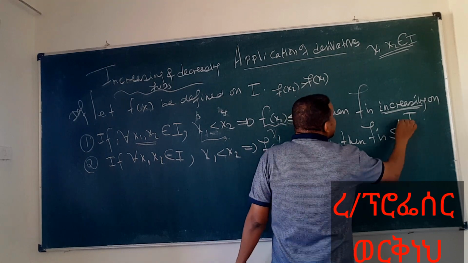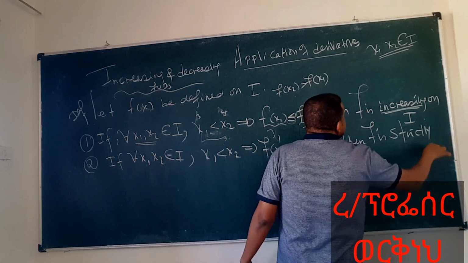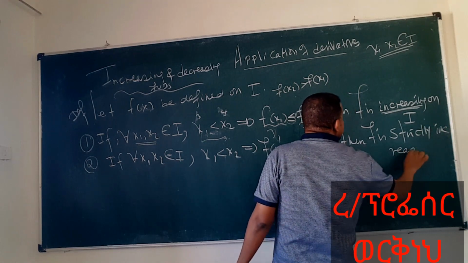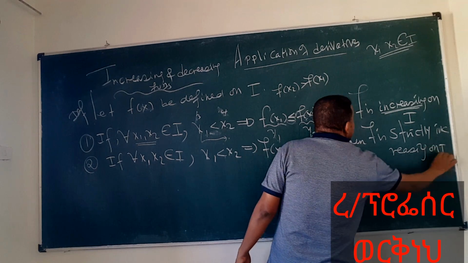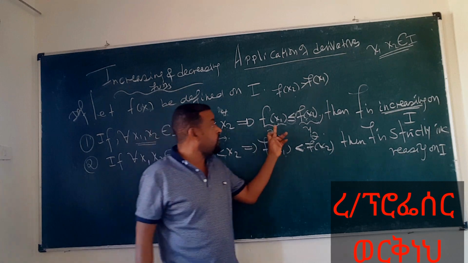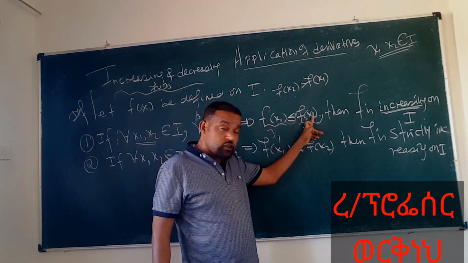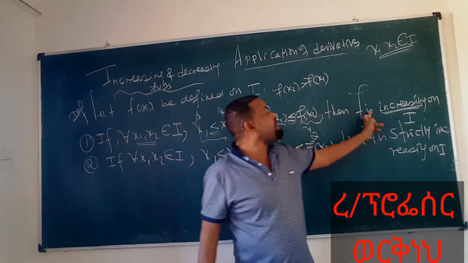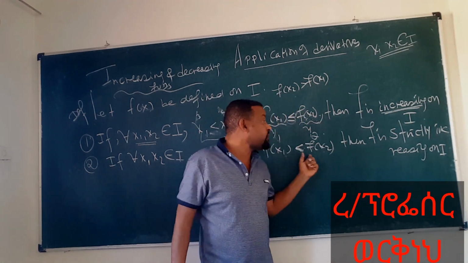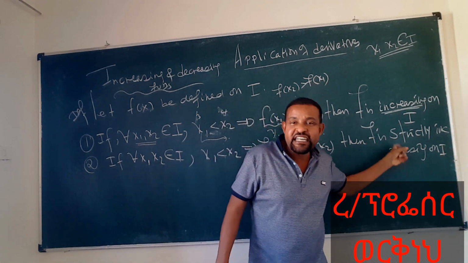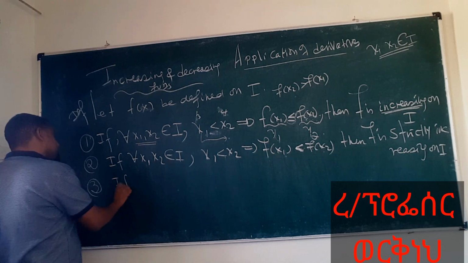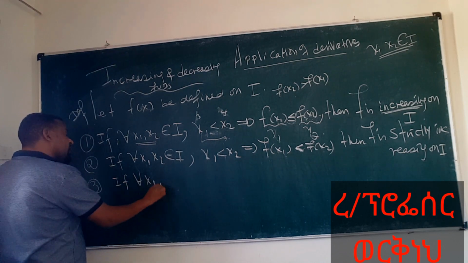f is strictly increasing ብለዋል። f is strictly increasing on the interval I ነው። ልብ አድርጉ አሁን f of x1 less than or equal to f of x2 ከሆነ f is increasing ነው ሲምፕሊ። ግን እዚህ ጋር strictly ከሆነ እኩል የመሆን ቻንስ ከሌላቸው ግን f is strictly increasing ብለዋል። The third definition, look, if for all x1 and x2